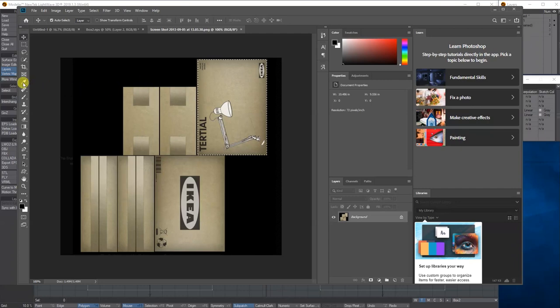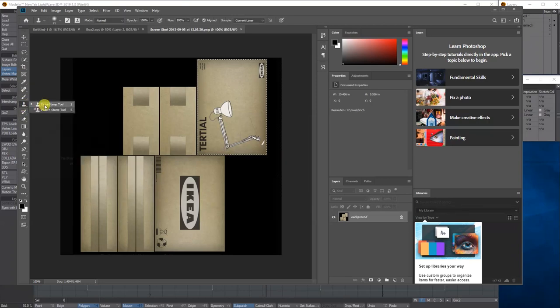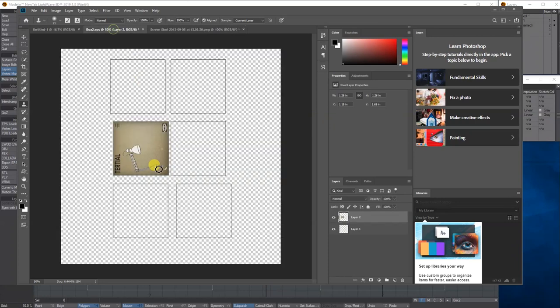Now, because I don't want tape on either side, I might just use, what will I use? Maybe, yeah, the clone stamp to just stamp out the actual sellotape on each side of these. And if you haven't used this in Photoshop, the clone stamp, you literally just hold Alt, a target will come up. You click on the area of influence and then you literally rub it out. So let me just deselect that. So area of influence, and then you can keep clicking the area of influence and rub it out so you've got no tape on each one of these. So I'll do that quickly as well, and then I'll come back when everything's in its own panel.